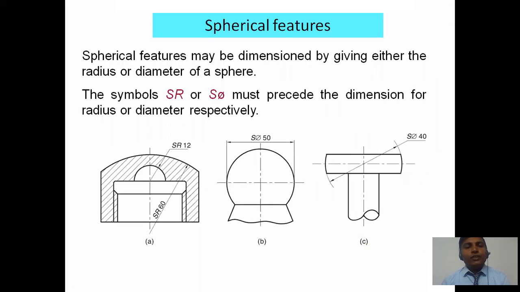Spherical: if you are going to show a special feature like a sphere, you are going to use the symbol SR or SΦ to proceed with the dimension. So you can see the way spheres are used, the SR or SΦ are used to show the